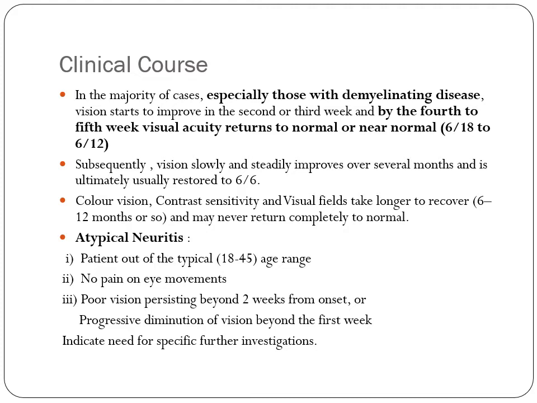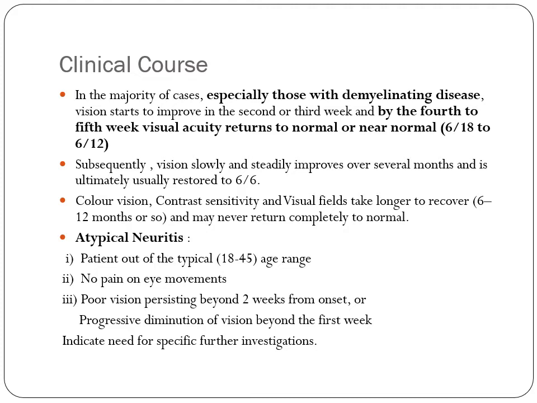Before that, you have to remember, the patient presents with painful, sudden monocular vision loss. That is the most common presentation. Now the point is, if the optic neuritis is because of demyelinating disease, vision starts to improve on its own in the natural course of the disease in the second or third week. We are talking about typical optic neuritis because of demyelinating disease.